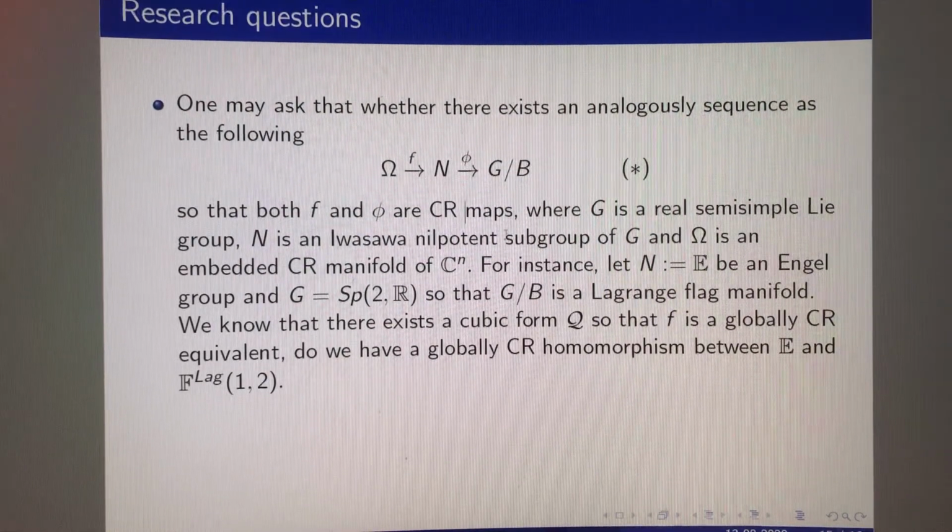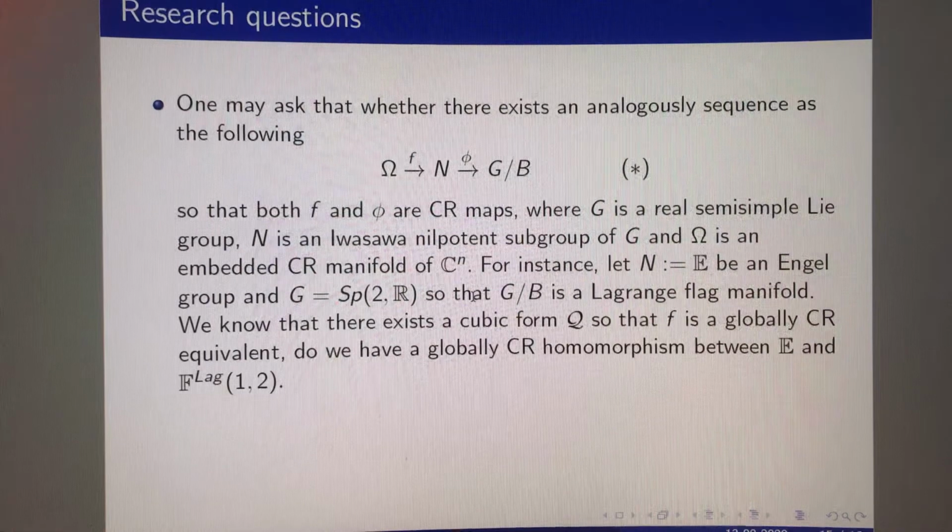For example, we have N equal to the Engel group, and we already know in example 2 that the Omega is actually the cubic form, and we can actually find a CR isomorphism from Omega, the cubic form, to the Engel group. And also the Engel group is actually the nilpotent part of the real symplectic group Sp(2,R), and Sp(2,R) quotient by its Borel subgroup is actually a Lagrangian flag manifold. So my question in this example is that can we prove that phi is a CR map, so that this phi preserves the CR structure from N to